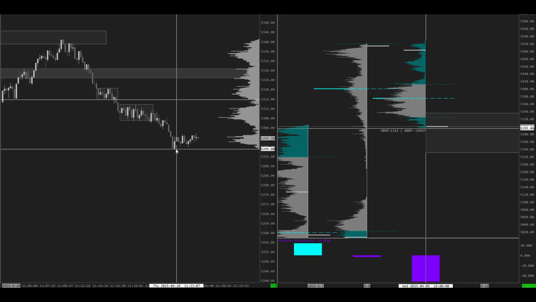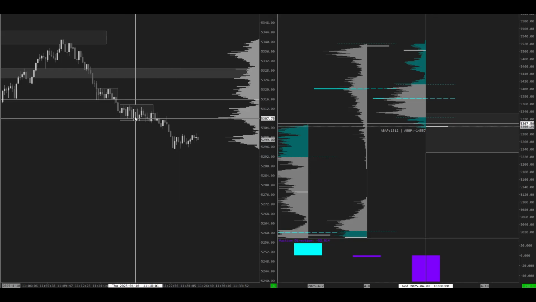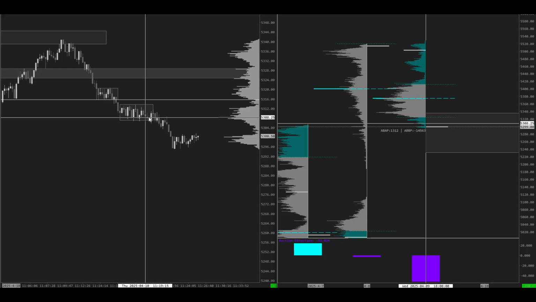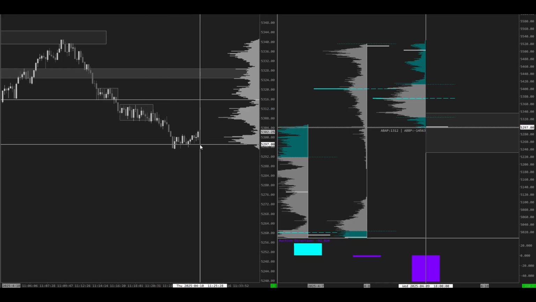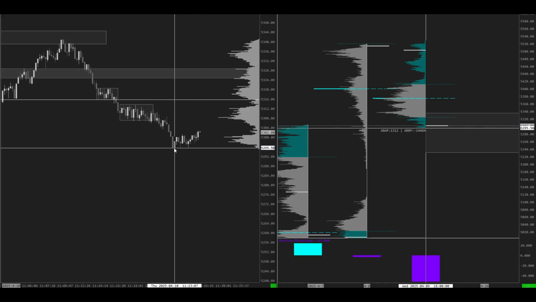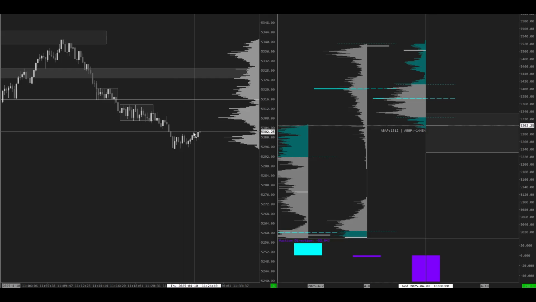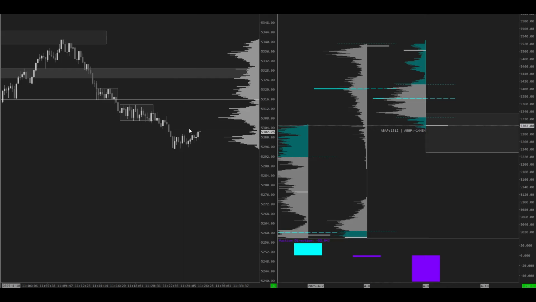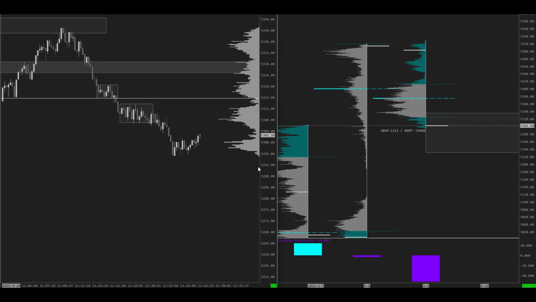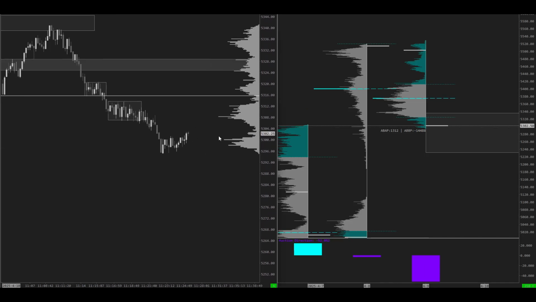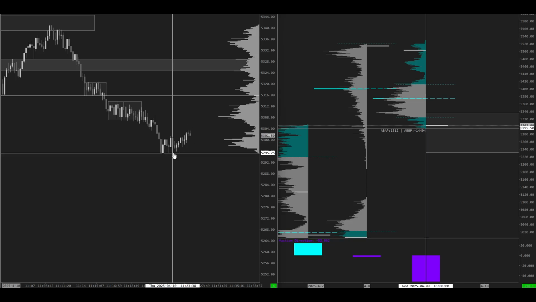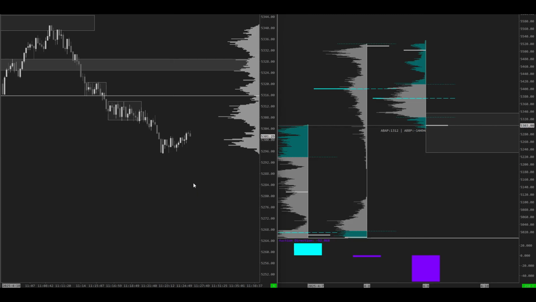So it's telling us that it's kind of breaking down that wall a bit. It's breaking into it. Let's see. They were failing to put in new lows there, so